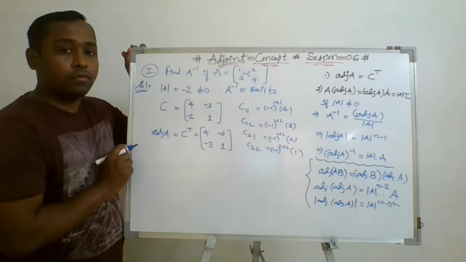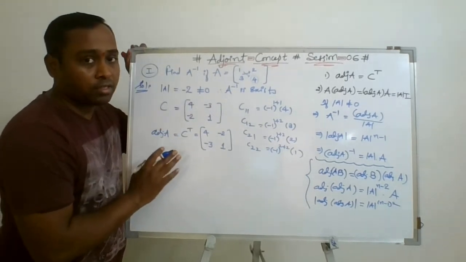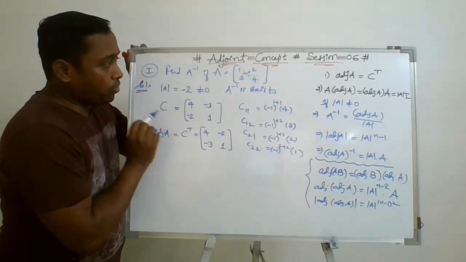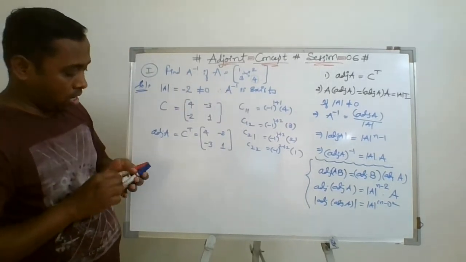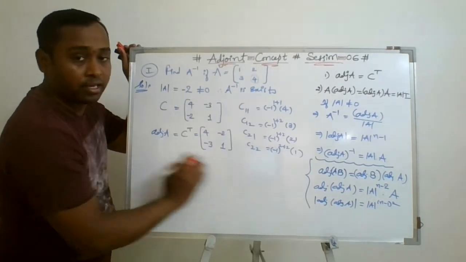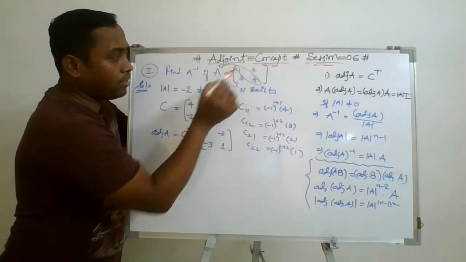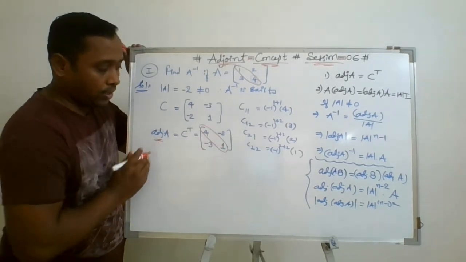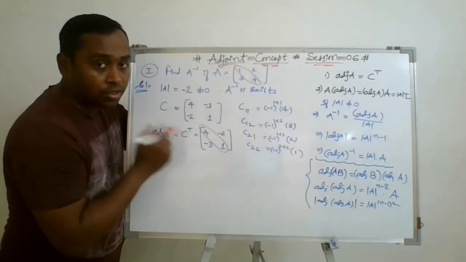If you observe, directly, only this will work. The trick I am going to discuss only works for a 2 by 2 square matrix. Now see, if you observe the square matrix and the adjoint, what changes have you observed? I am talking about the adjoint only. Here the diagonal elements are 1 and 4, and what are the diagonal elements in the adjoint matrix? 4 and 1. It means the diagonal elements get reversed.